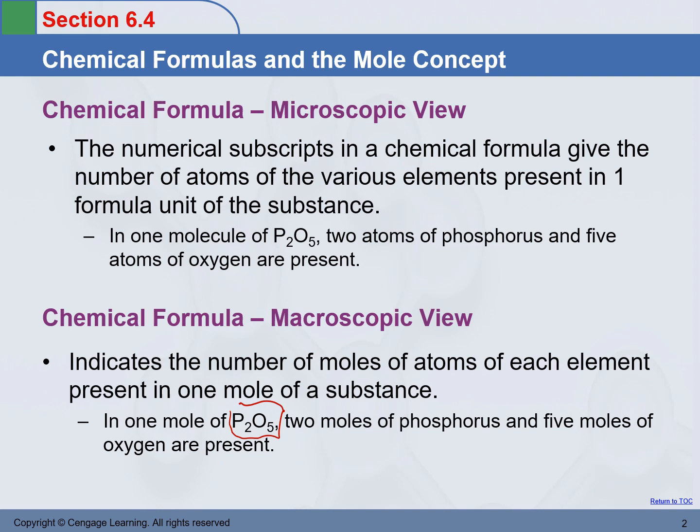All right, so now each formula can represent 1 mole of that substance instead of 1 molecule or 1 formula unit. So each formula represents 1 mole, and then the subscripts tell us the number of moles of each of the elements present in 1 mole of that substance. Basically, let's use phosphorus in the formula as an example. In one mole of P2O5, there are 2 moles